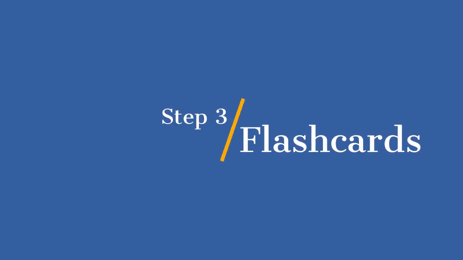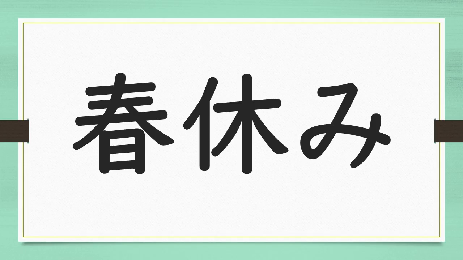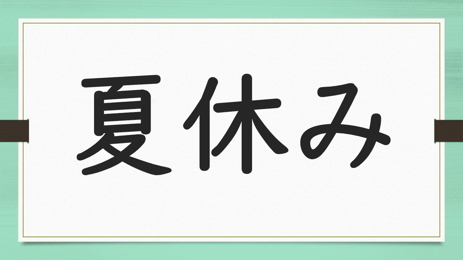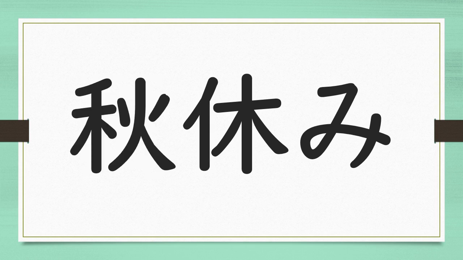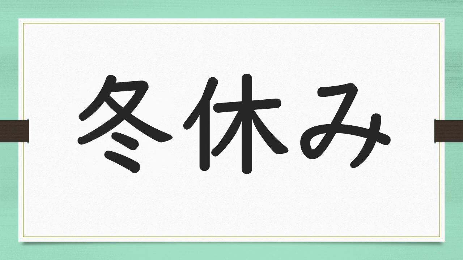Try to remember the meaning of the word and pronunciation. I will say the word, repeat after me. Spring break 春休み。Summer break 夏休み。Autumn break 秋休み。Winter break 冬休み。